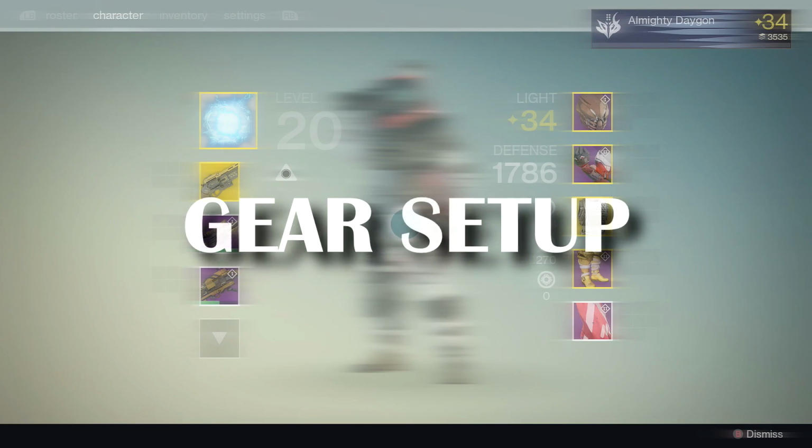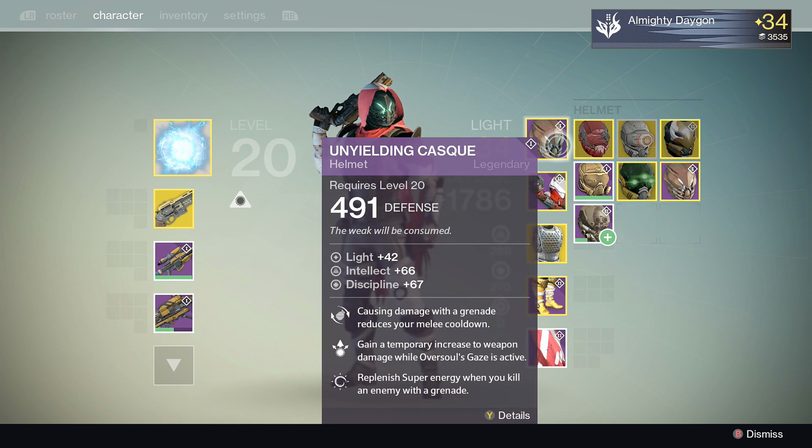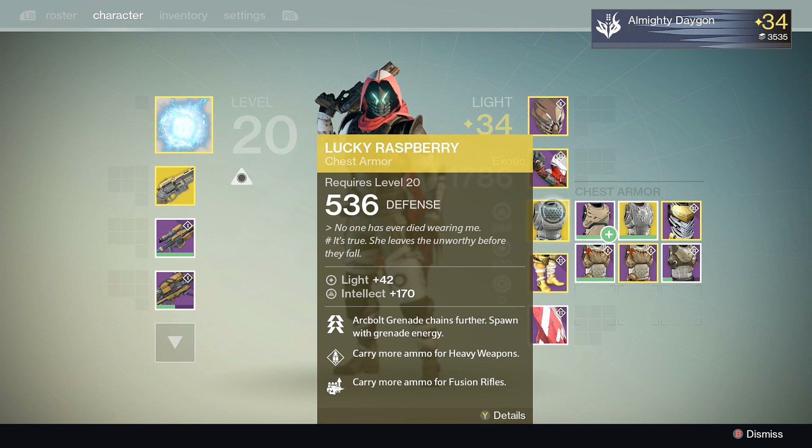Number 8. Optimize your gear setup. The goal here is to keep yourself battle ready at all times. Here, for example, is my hunter build. I wear a helm that increases super energy gain from grenade kills, gauntlets that increase my primary reload speed, a